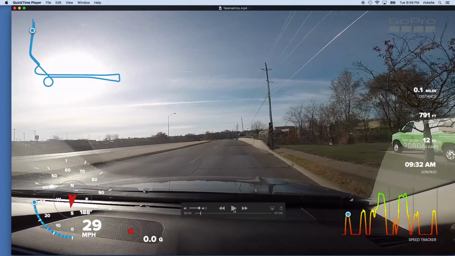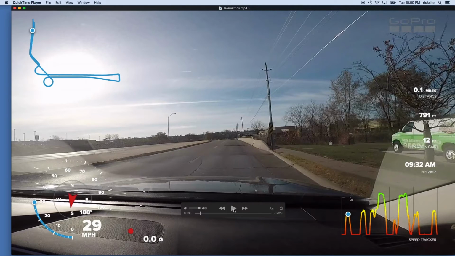Another thing to point out is that this doesn't always seem to work. I'm guessing it's because the GoPro didn't have a signal, but I've tried this a couple times. Like I was in my garage, turned it on, started driving, and it didn't record any data. So I don't know exactly how this works. It's probably best to have the GoPro out in the open on for, I don't know, a minute or two, make sure it gets the GPS signal, and then start your recording, and then cross your fingers that it recorded